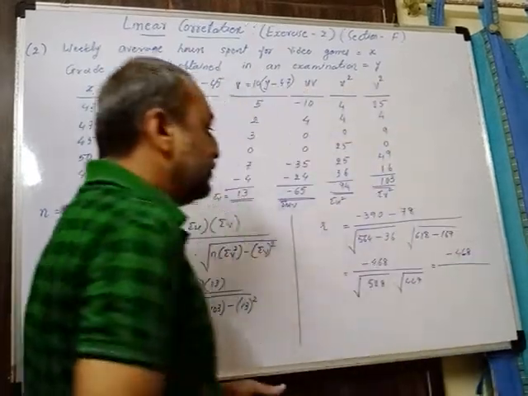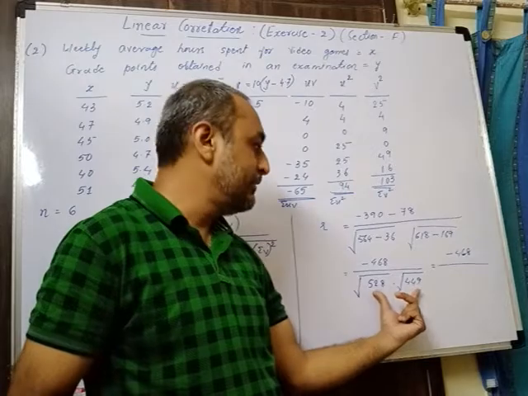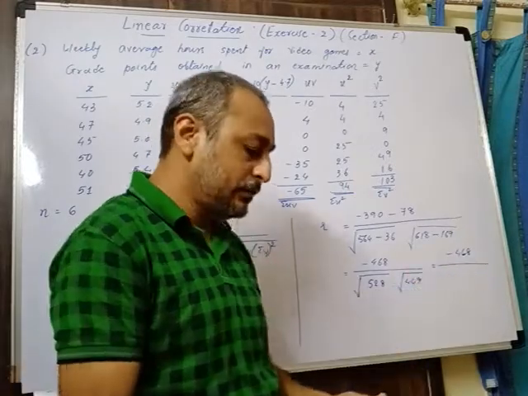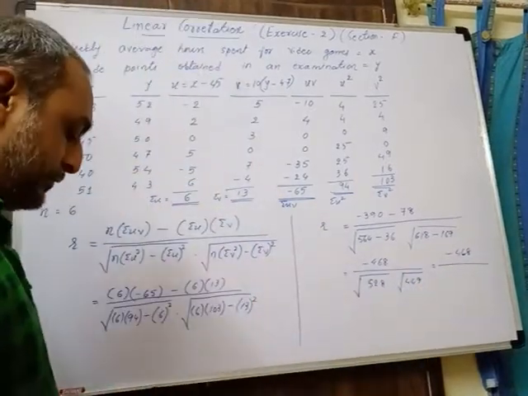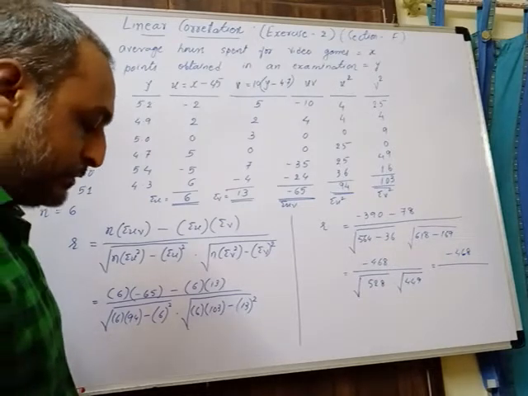Now what we have to do over here, first we will multiply these two values in the root, and then we will find its square root. So 449 into 528, and its square root we require. So the square root of that value is